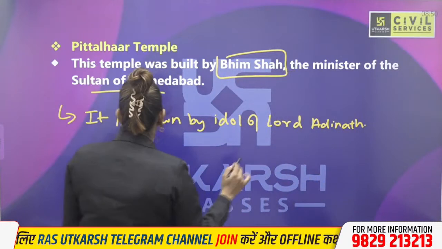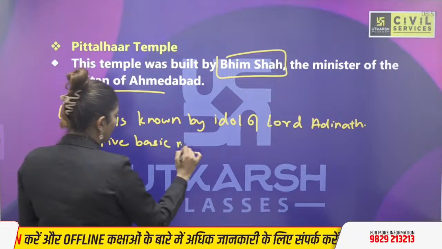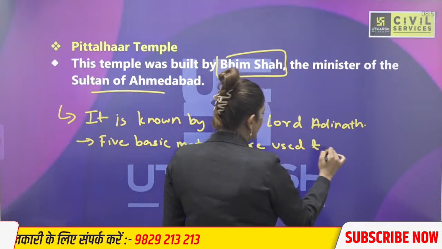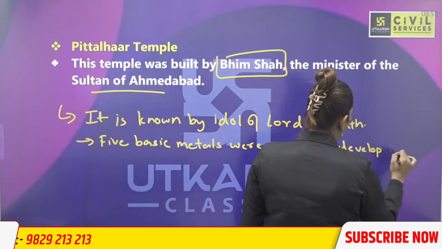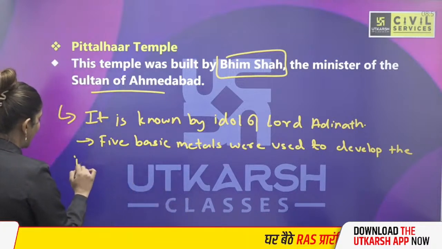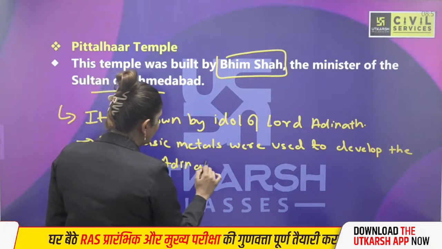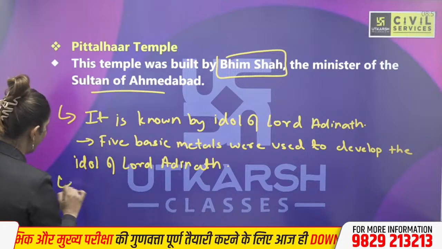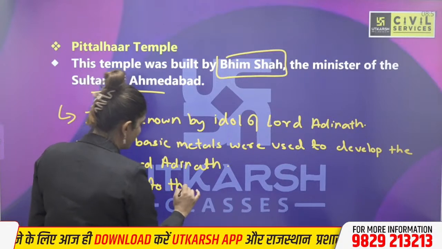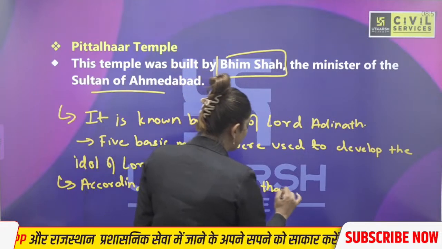Okay, and Lord Adinath's idol is made of 5 basic metals. Five basic metals were used to develop the idol of Lord Adinath. And according to the inscription that is present in the temple itself, it is said, remember, according to the inscription that is present in the temple,